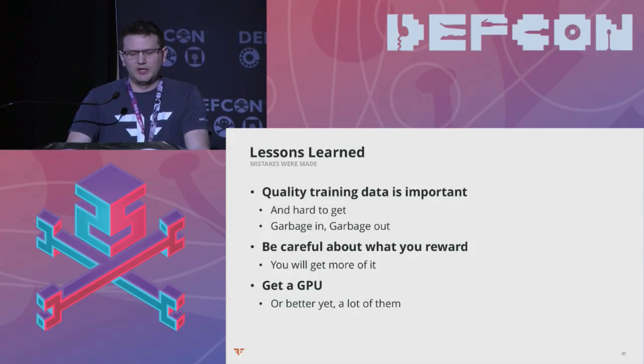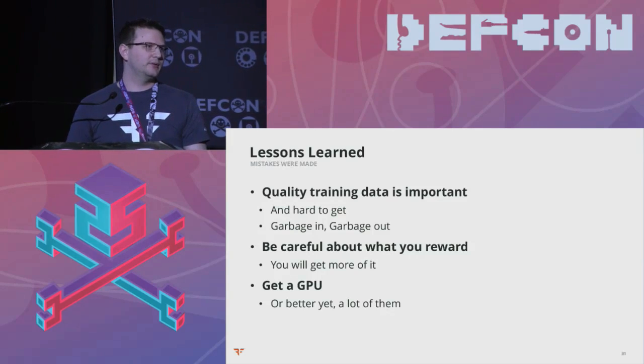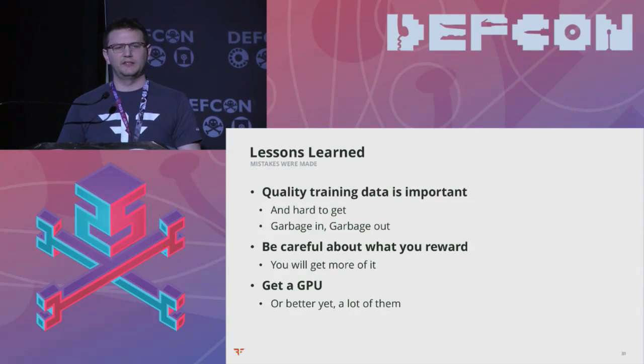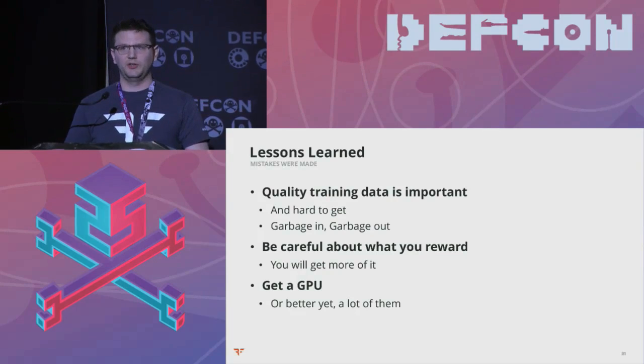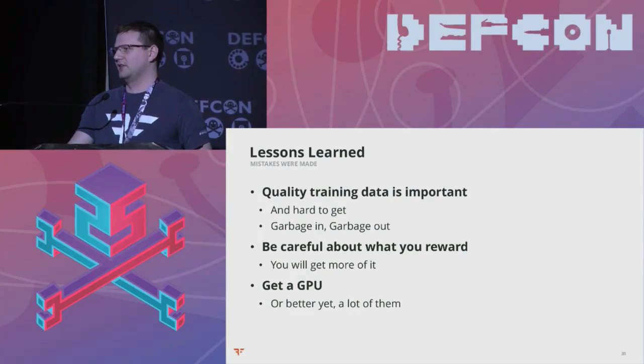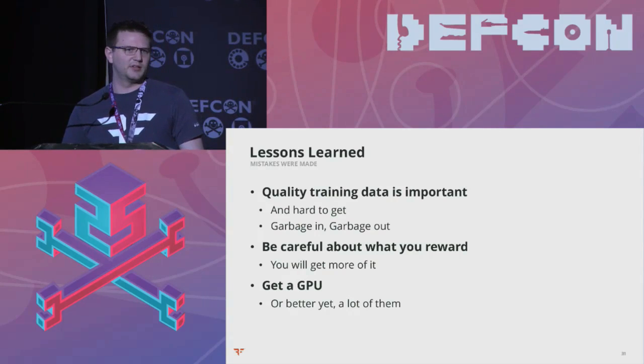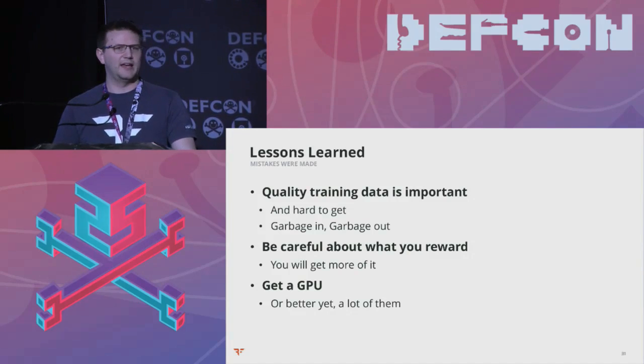So, some lessons learned. It turns out that quality training data is really important. We originally had a couple of ideas about how we were going to gather training data. One of our first ideas was to just scrape the internet for SQL strings. This actually works fairly well. You can just find open source projects on GitHub that have SQL structures, and a tool can look at that and learn what SQL is, what sort of structures it has, and what kind of terms it has. But what it doesn't have a whole lot of are injection strings specifically, so we can teach our bot to speak SQL, but it doesn't know how to inject.